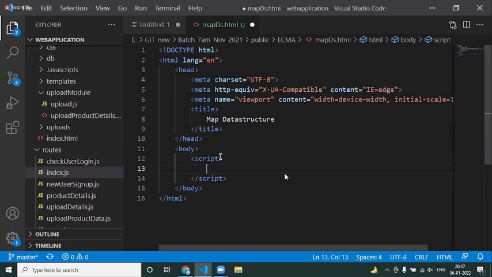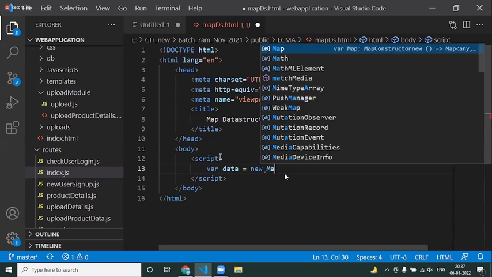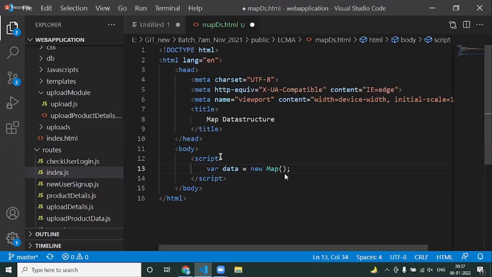So how do we create a map? We say data is equal to new Map. Like the set, map is a predefined class supported in JavaScript. You just need to instantiate it, and whenever you say new Map, it automatically creates a map.